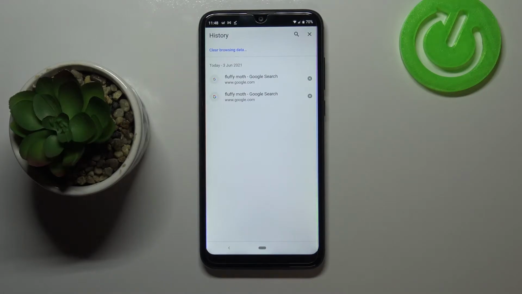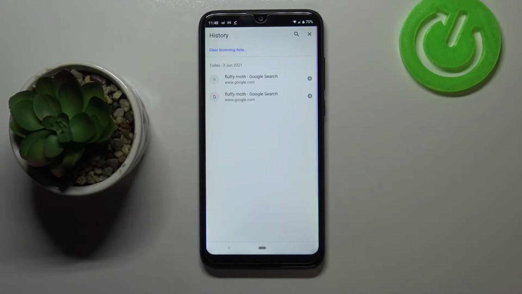Obviously you can remove all of them one by one just by tapping on this X button right next to it, and as you can see it immediately disappears, and that's okay if you've got not a lot, like 3 or 4 visited websites. But if you've got a very wide list of them, then you will be able to remove all of them